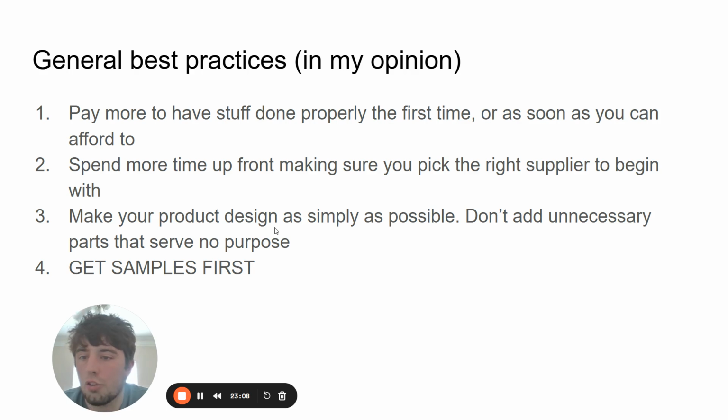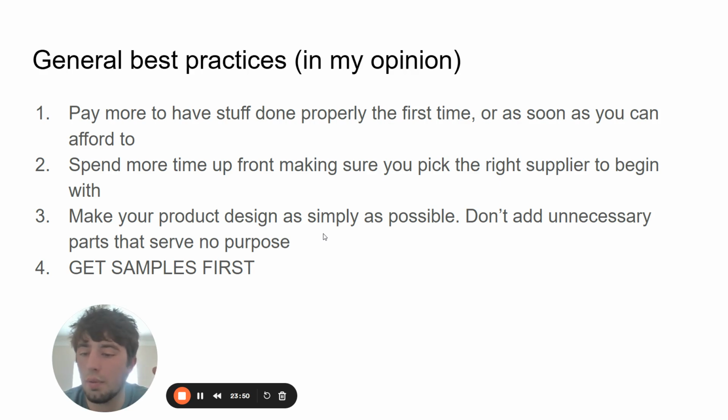Number three, when you're designing your product, make sure that you are designing it in such a way where it is very simply designed. Even if you have a fairly complex product, make it as simple and as easy to use as you possibly can. Make it so that there are as few moving parts as possible that function as well as you possibly can. So don't add a bunch of extra parts that don't add any real purpose just because a supplier suggests them, if you haven't actually tested them or there's no logical reason that they would help improve the quality of the product. So figure out how to make it as simple as possible.